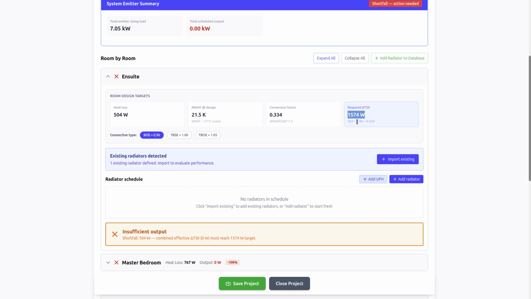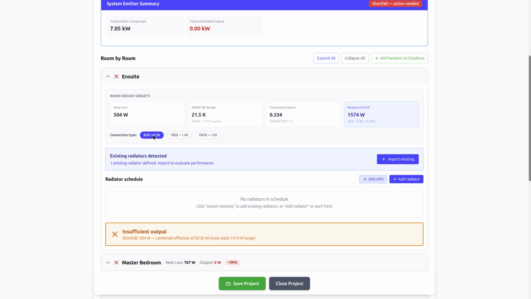because we now have an additional conversion factor of 0.96 based on this connection type that is also used in the calculation. So if I go back to the top and bottom same ends, my output required is 1511. If I go to bottom opposite ends, it's 1574. If I go to top and bottom opposite ends, it goes down to 1439. See, so it changes the output required depending on how you connect your valves and the flow of water into your